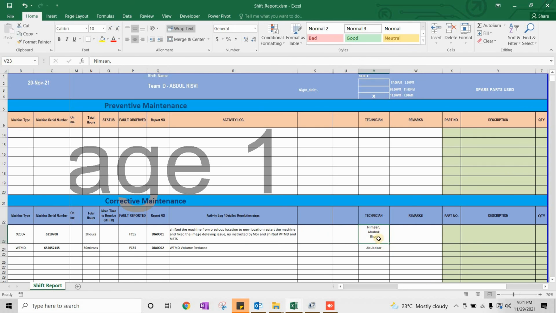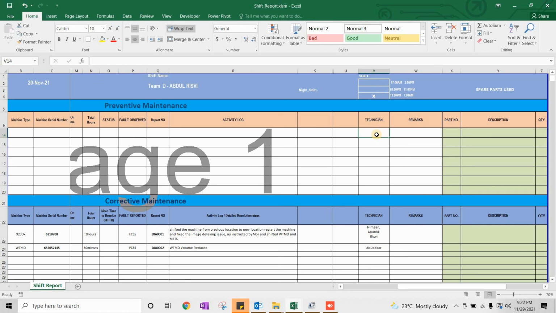And also we don't have to mention everyone's name in a CM or PM. If it takes that many guys to resolve an issue, then it's fine. But I have seen some of the guys have mentioned more names in some reports for PM, like suppose for an OSR, they went for PM and they did the PM in the workstation, but three guys for workstation, three guys cannot do the PM.